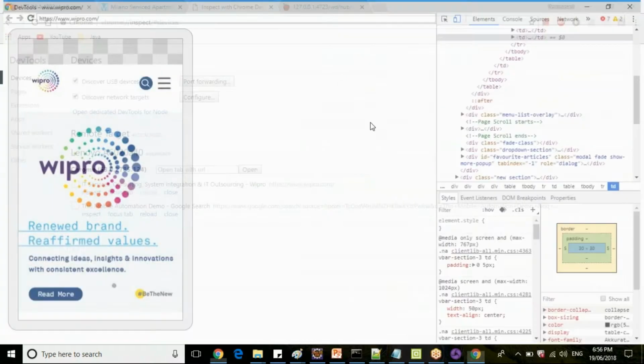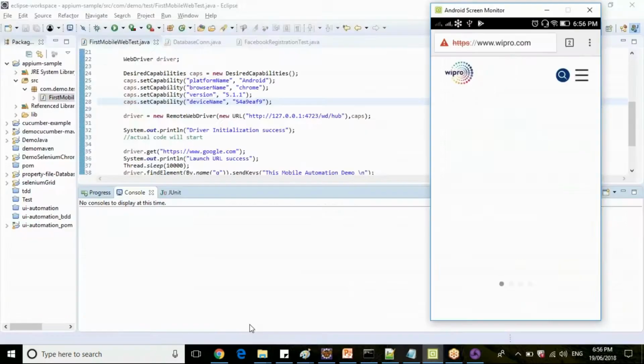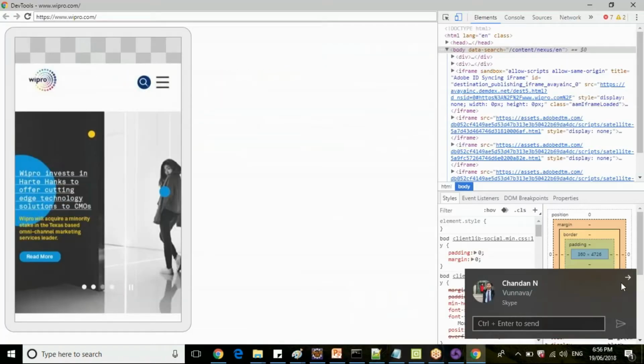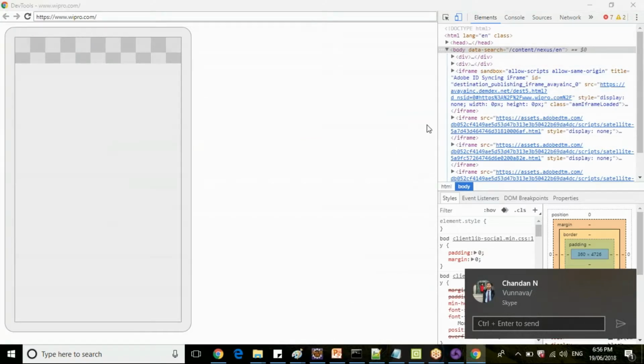So let me relaunch it again. Click on inspect. So this is your mobile tags. Just give a sec, guys. Yeah.